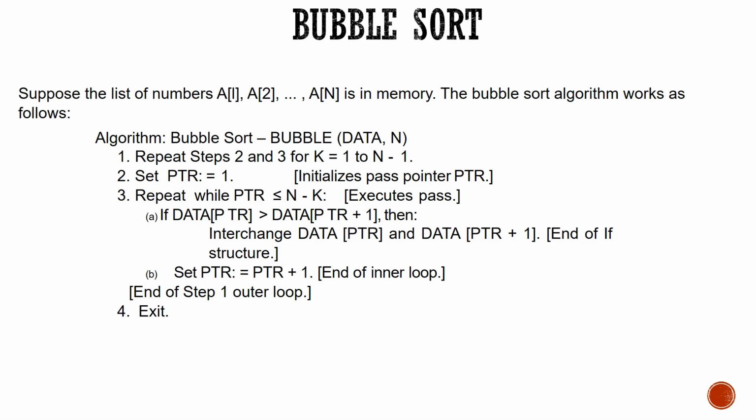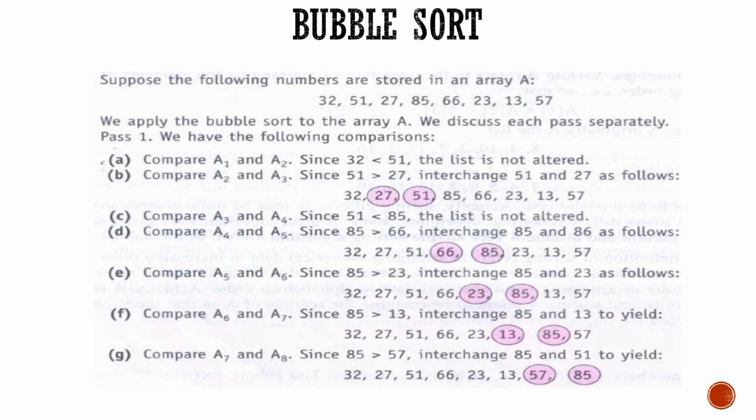Fine. So now let us consider the example. These are the list of the elements: 32, 51, 27, 85, 66, 23, 13, 57. First what happens? 32 is less than 51. The condition is whether 32 is less than 51. Yes, no need to change. Next, element 51 is compared with the